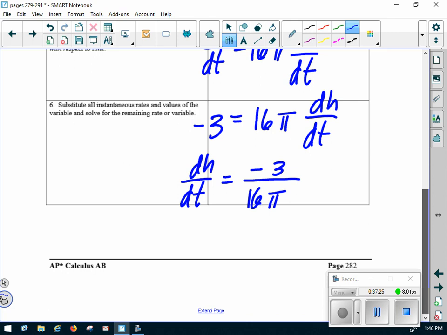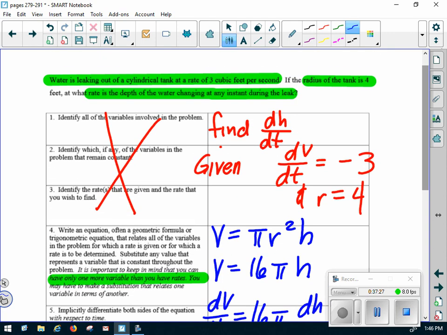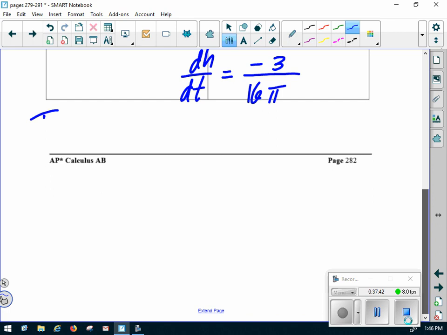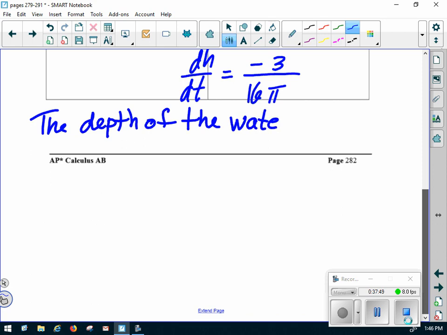When you write your sentence, go back and use the wording from the problem. The depth of the water is changing. Remember, you don't have to use the word changing, we say increasing or decreasing. So the depth of the water is decreasing. Now we're at depth, which is height. At a rate of,